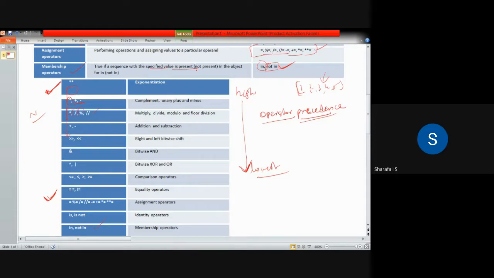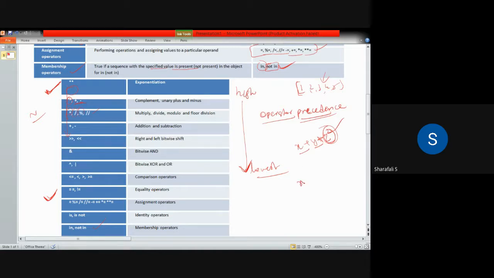If you have brackets, then you have to perform that first. That is also there. Exponentiation, for example, if you want x plus y plus some z square, then you have to perform this z square first before adding. You cannot do x plus y plus z and then square it. Instead, you do z square first, then add. So the highest precedence is for exponentiation, and we do that operation first.